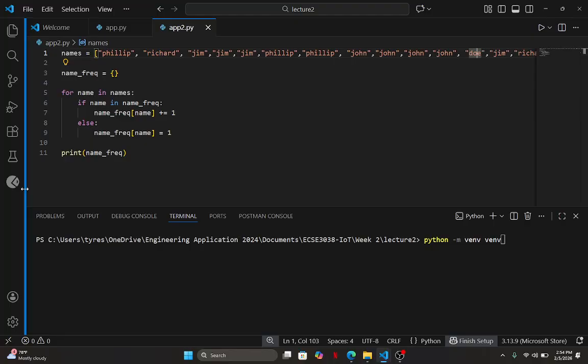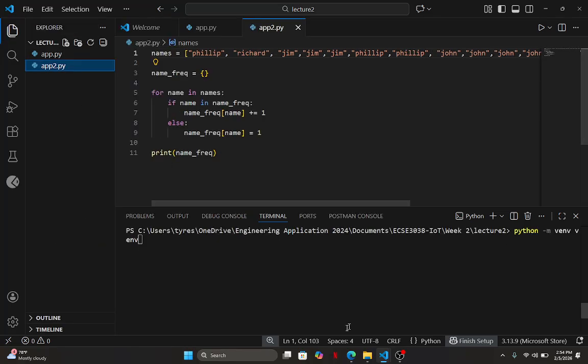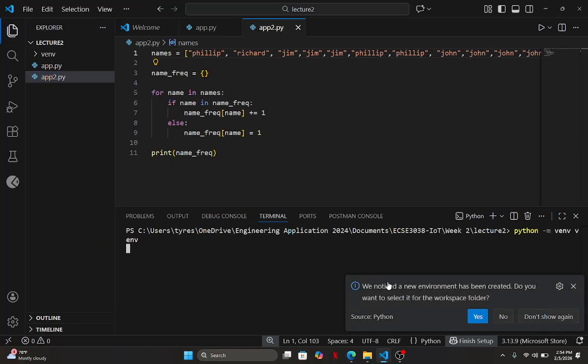So I can run this. Run that, and it should create a folder called venv. It's going to take a little while for it to finish. We'll know when it's done when we get back our prompt. Give it a sec. All right, now it's done. So it took a while because it has to create a bunch of different files inside the virtual environment. So see if you can get it working and let me know if it works.